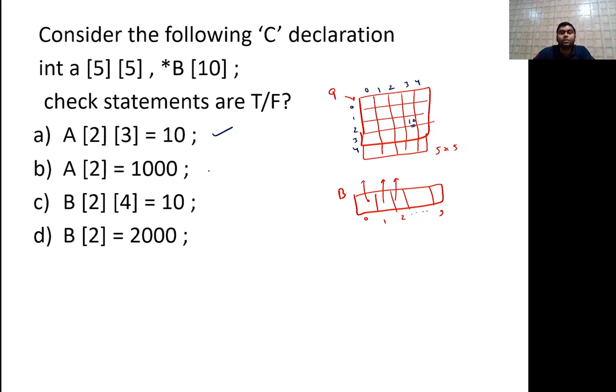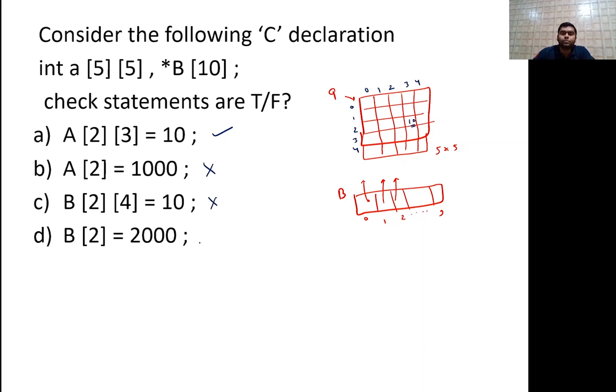But array, we know, in case of array addresses are fixed. Memory for the array is allocated once, so it will not change, you cannot change. So this is an incorrect statement. Now b of 2 comma 4 is what? B of 2 comma 4 is 10. So it is not a 2D array and it is not used for value storage. It is used for address storage. So this is again wrong.